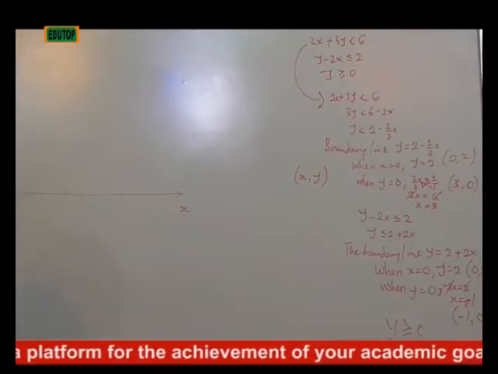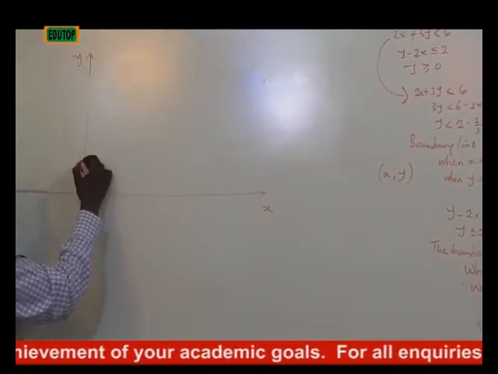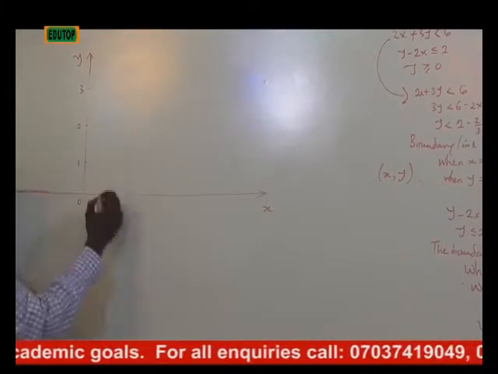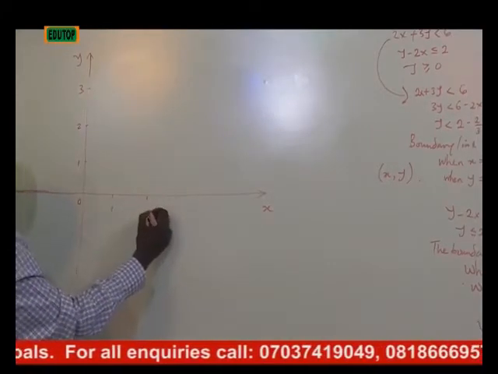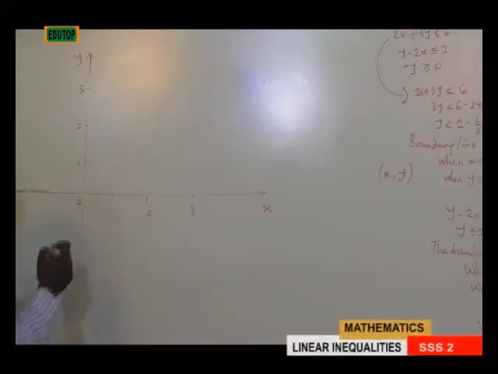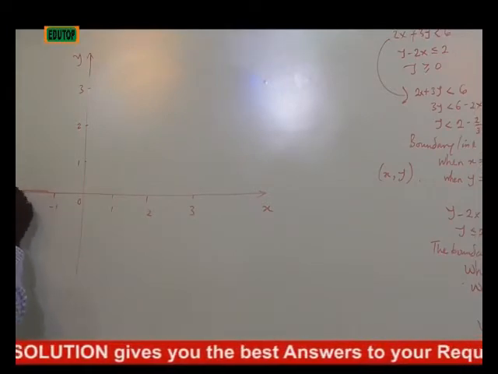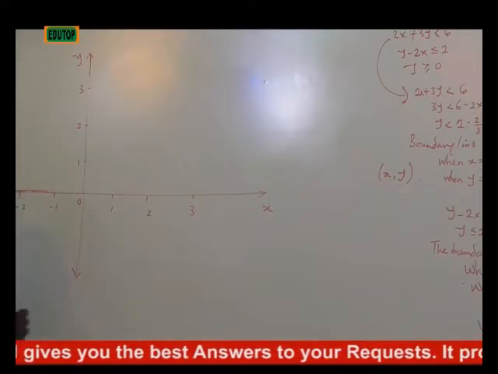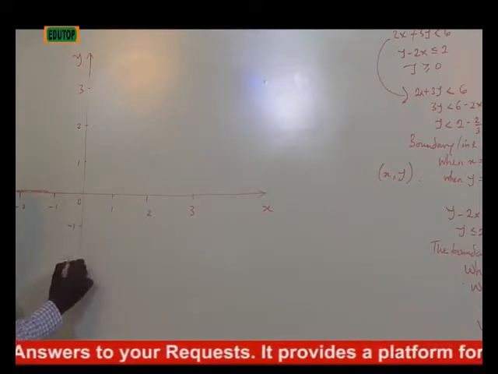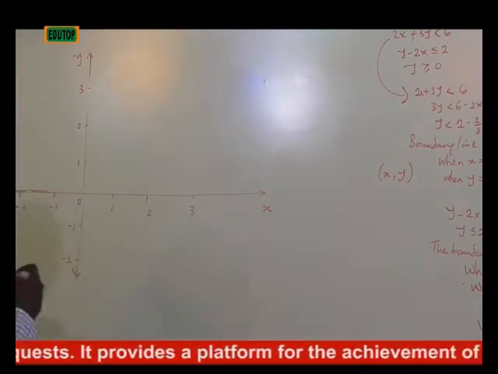Now, the first point, so this is our origin. Let's say this is 1, this is 2, and this is 3. This is -1, this is -2. Now, when our x is 0, our y is 2, so at this point,